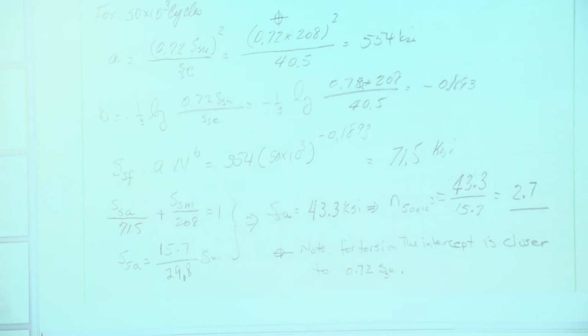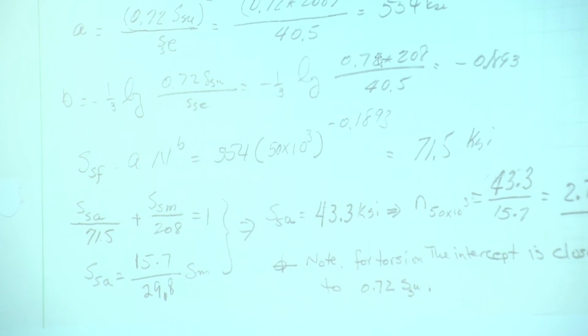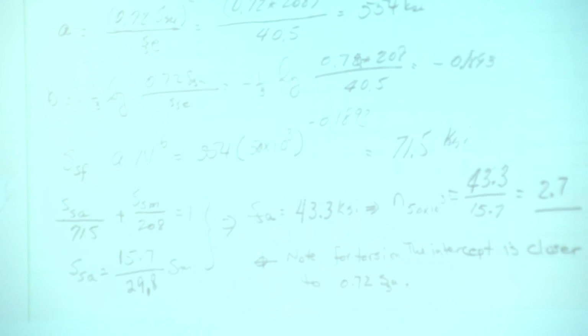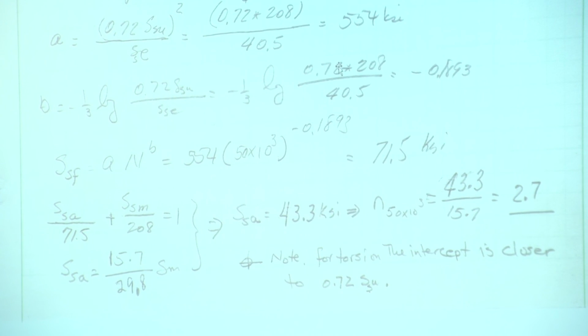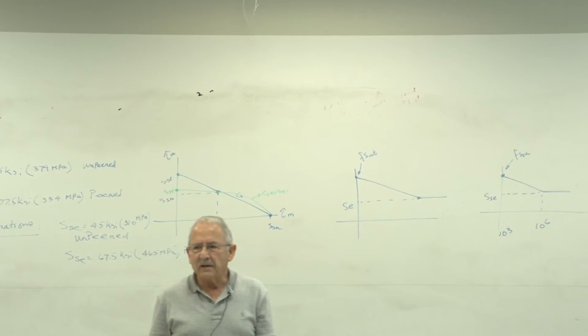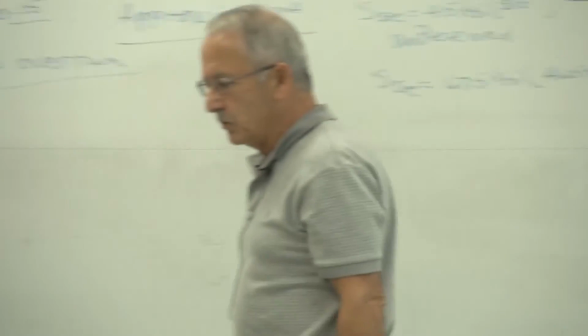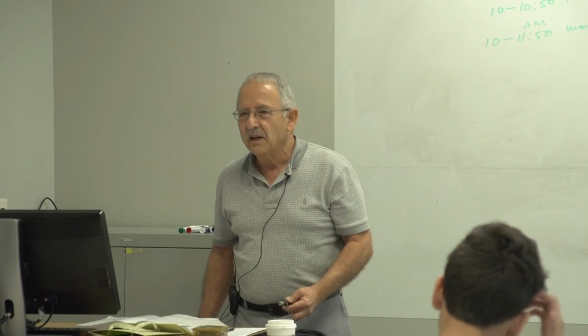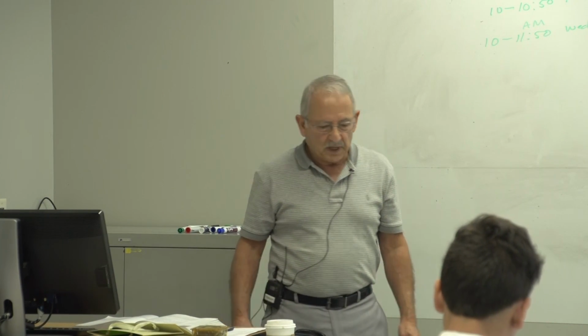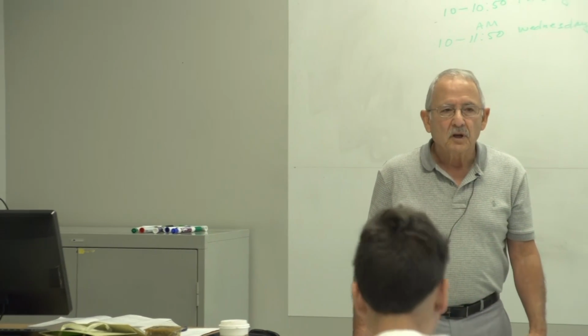Any questions? Yes? Where did you get the 0.72, I'm sorry? The value of F? Where? Because the graph from chapter 6 doesn't go. It should be somewhere in chapter 10. The exact location, I don't know, but that value is 0.72 for torsion, according to your book. So it should be somewhere in chapter 10. I don't exactly remember where, but that's 0.72 for torsion. Anything else?